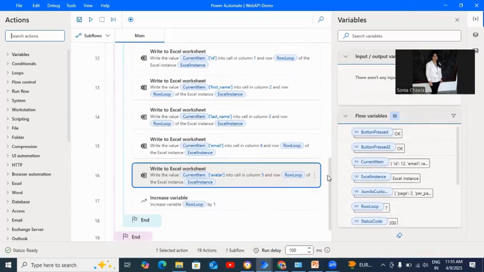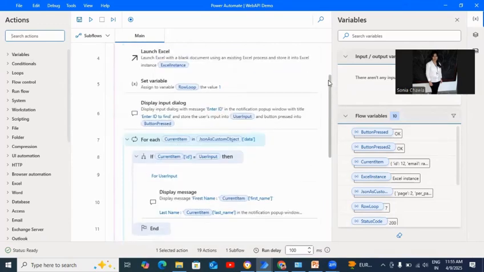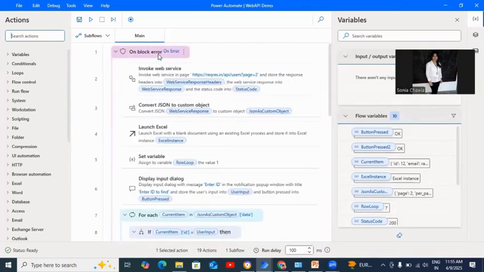So here, first of all, what we are doing is this On block error. If you don't know On block error, this is the try-catch block as we use in UiPath. If you are a UiPath developer and move to Power Automate, you are aware of the try-catch block. The same way we are using it here in On block error. If we are getting any issue, then it will populate the issue and show why you are getting it. Then the second step is Invoke web service. Here we invoke this web service.